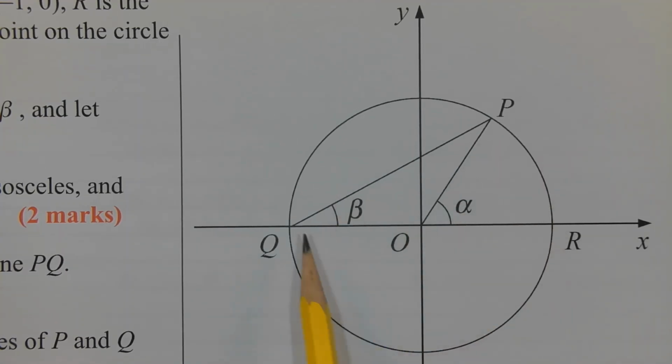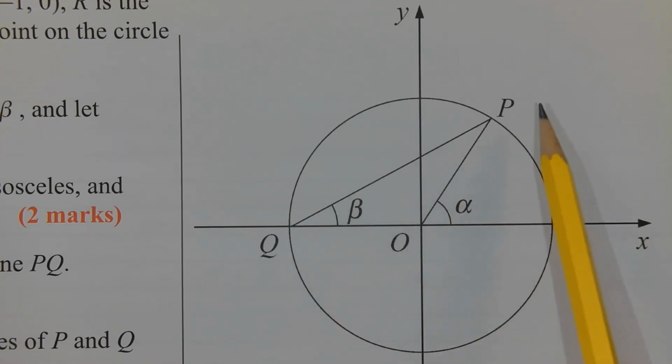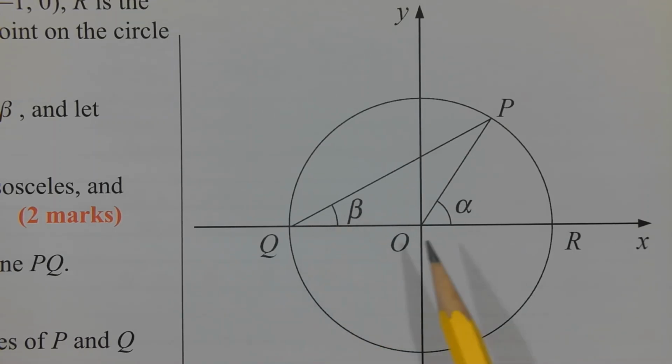In triangle OPQ, OQ is equal to OP because they are radii of the same circle, and that makes triangle OPQ isosceles. This also means the base angles of isosceles triangle OPQ are equal. So angle OQP, or angle PQO, which is equal to beta, is equal to angle OPQ, which is also equal